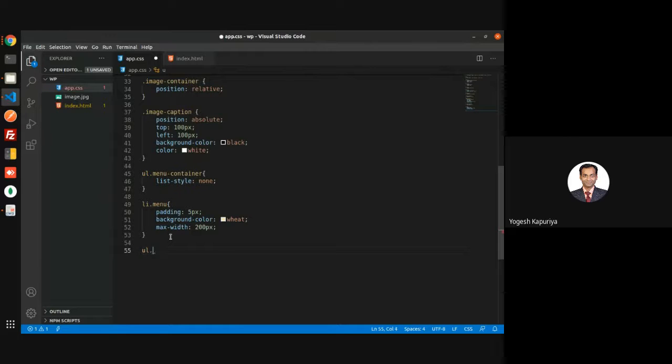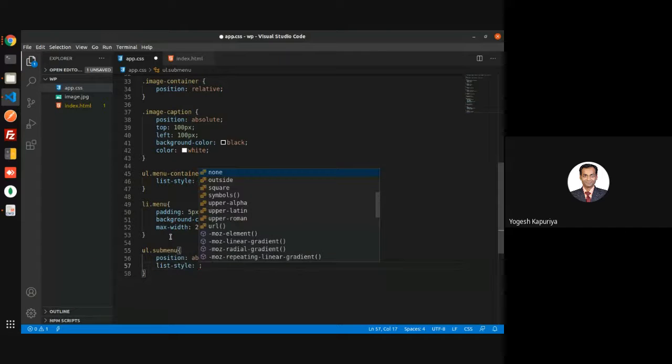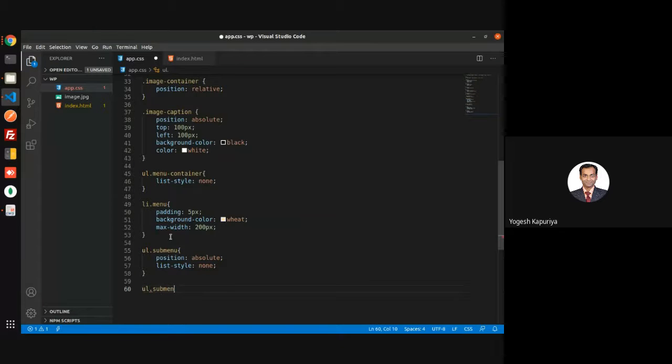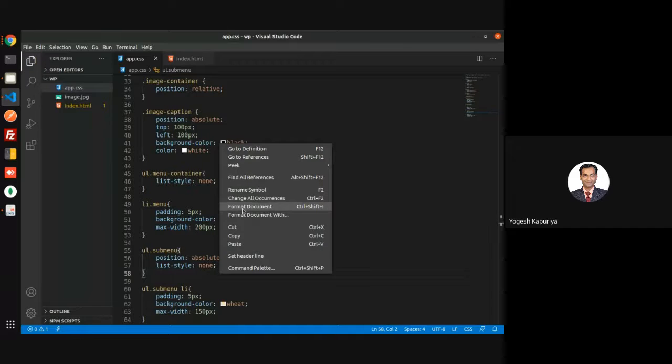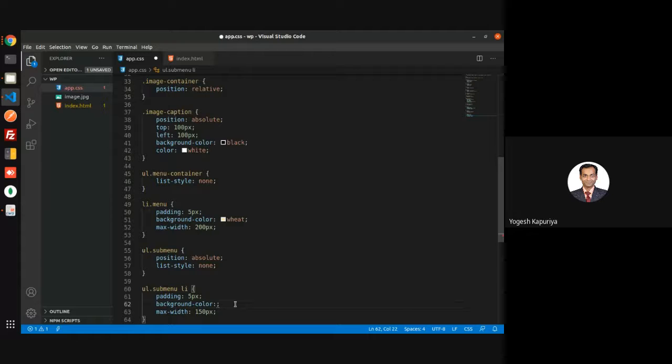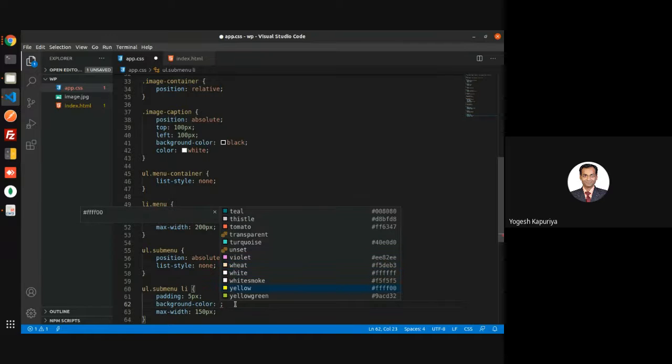So ul.submenu, position will be absolute. You don't want list style, and every li under this you want some kind of a style. So now your max-width is 150 pixel, padding is fine, and then you require another color so that we can differentiate too.